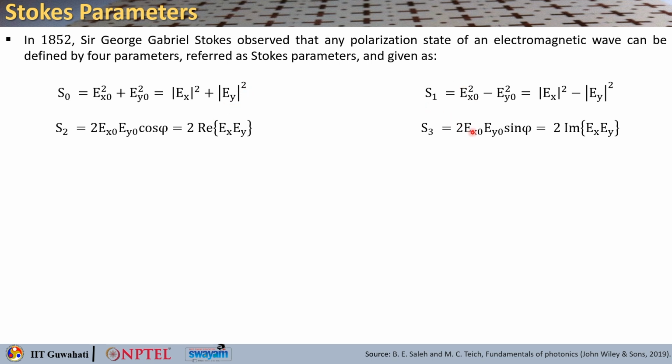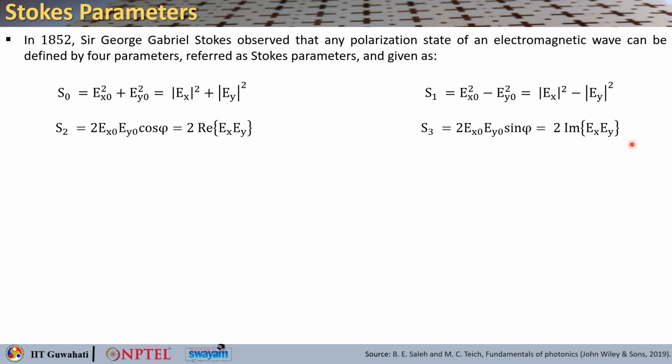Okay. S1 will be Ex0 square minus Ey0 square, that is mod Ex square minus mod Ey square. S2 will be 2 Ex0 Ey0 cos phi, which is nothing but 2 real of Ex Ey*, and S3 is basically the sin phi component. So that is giving you 2 Ex0 Ey0 sin phi, that is nothing but 2 imaginary